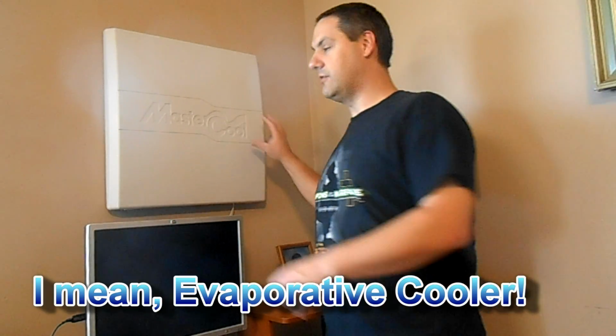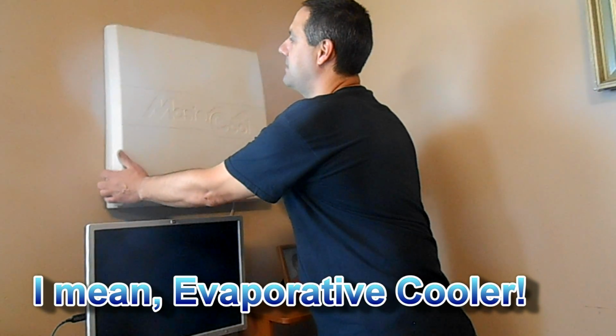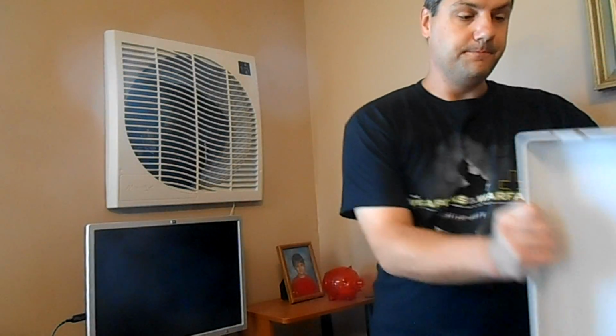So instead of just doing a follow-up on this evaporative cooler install, I'm actually going to do a review. It's a MasterCool MCP44 window air conditioner. It doesn't come with this cover. This is an extra piece you have to buy. And you can review my other video as far as installation, but I'll go over the changes I made and